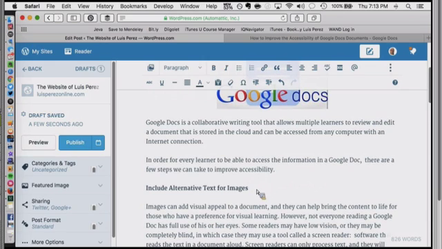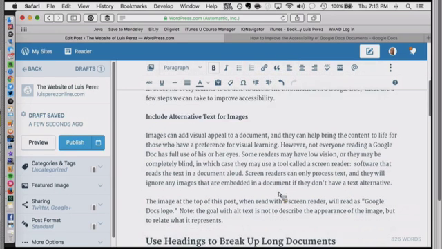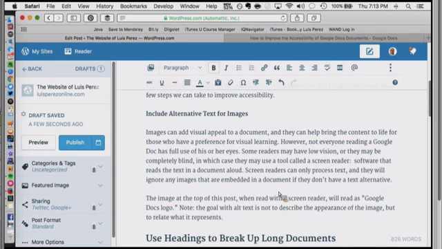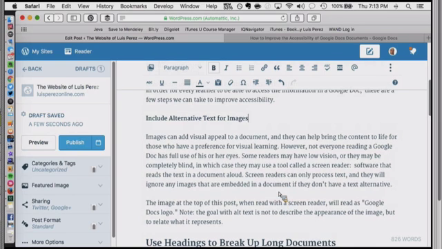And headings are really important for two different reasons. One, they're like landmarks on the page. They kind of help you find your place. They indicate how the document is structured, so you can build a nice mental map of how the information is structured. But also for people that use screen readers, they provide additional navigation, because on most screen readers, you can use a shortcut to access a list of these headings. And so that way you don't have to read the entire page from top to bottom, you can go to specific sections of the document as desired.